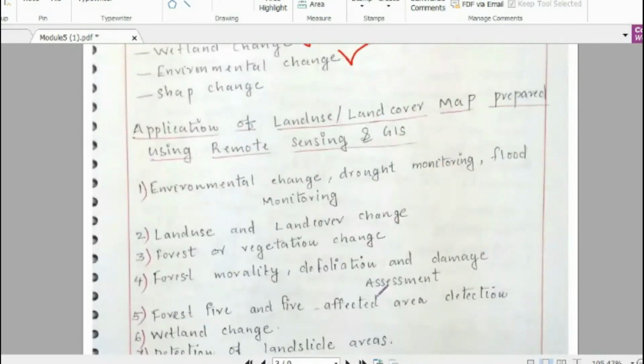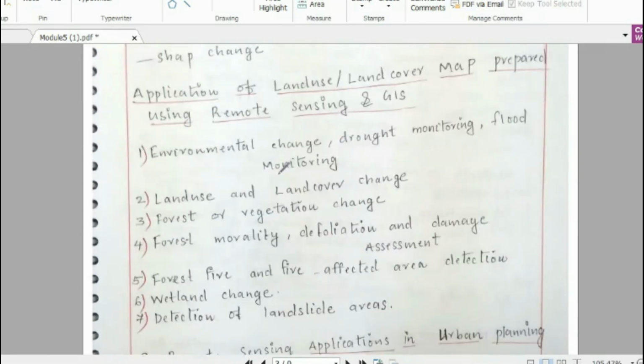So here again I have mentioned some more applications of this analysis, of the land use land cover map we are preparing. It can be referred for environmental change, drought monitoring and flood monitoring of that area.